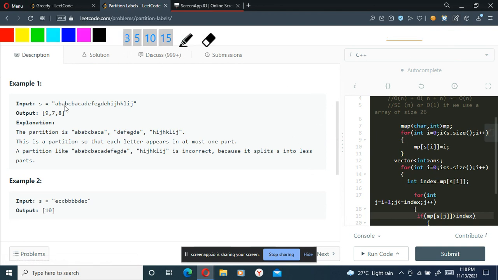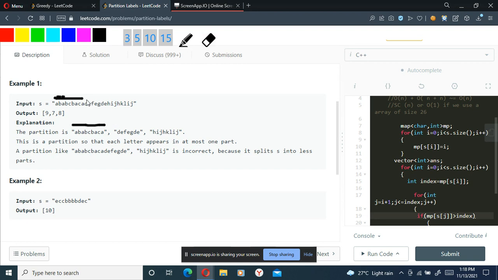So we have got here a b a b c b a c. As we can see, this substring starting from a till the last occurrence of a could be a possible string. That is of length 9, and that is our possible answer.